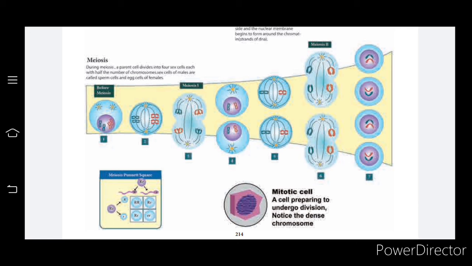So that's all for this lesson. The 7th lesson is over. Your homework is to draw the diagram which is shown here. You have to draw the diagram showing the stages in meiosis, the meiotic cell division, what all the stages are and what the output is. You have to draw this diagram and learn the significance of mitosis and the significance of meiosis.